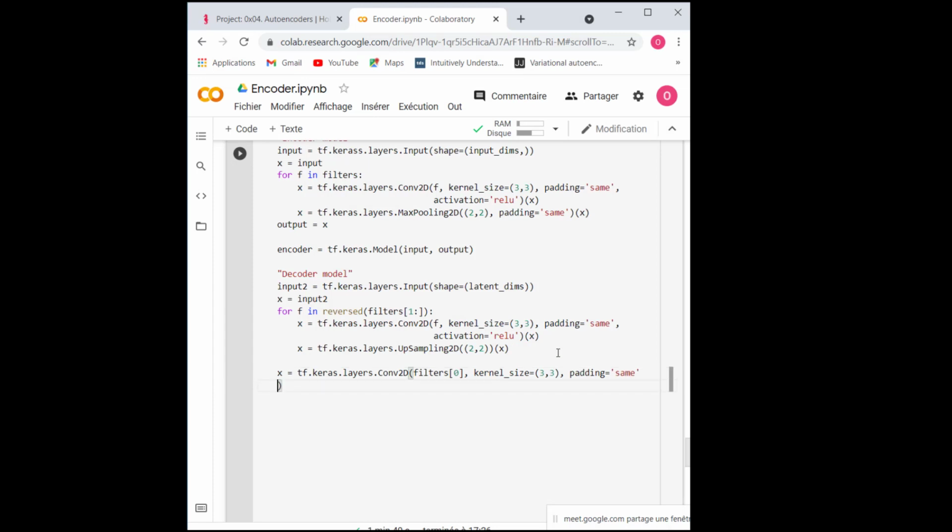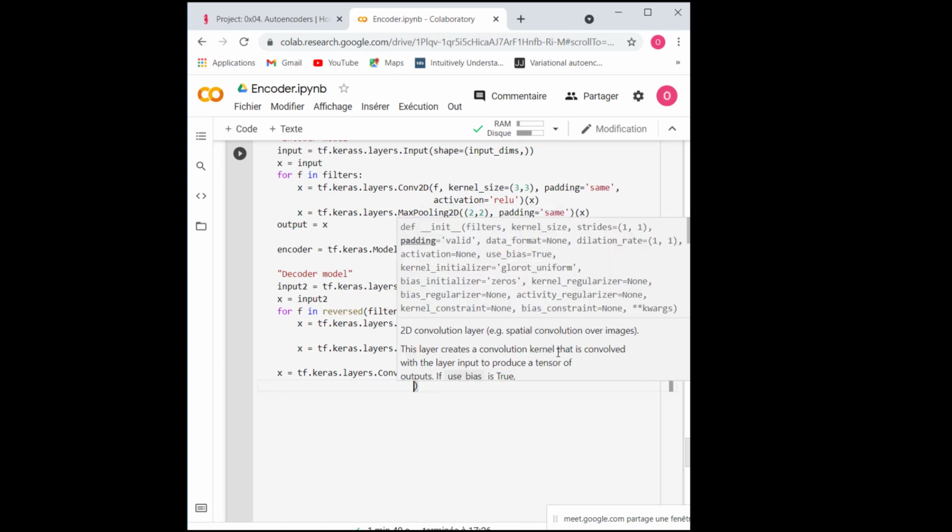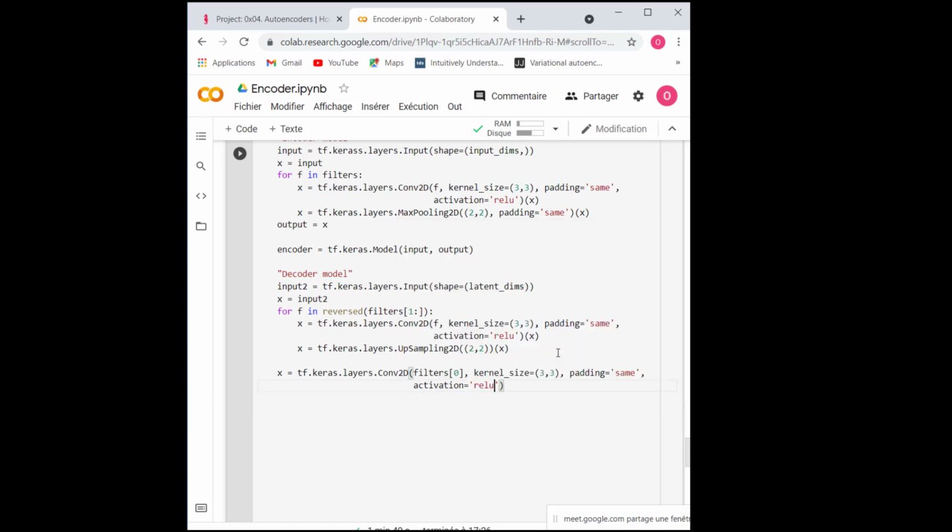The activation will be, as usual, my ReLU activation function, and it will receive my X.